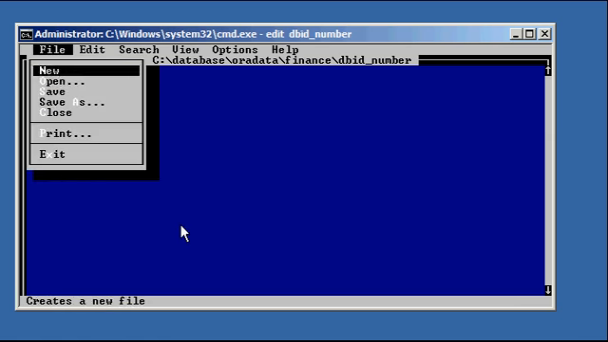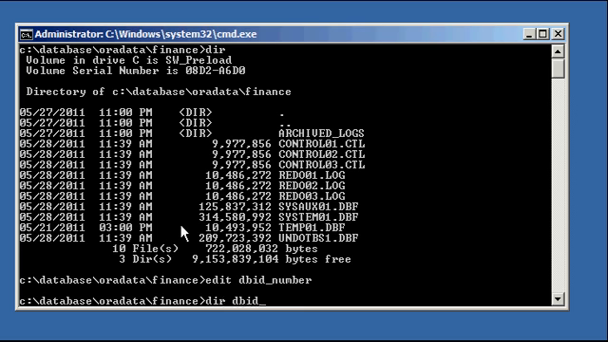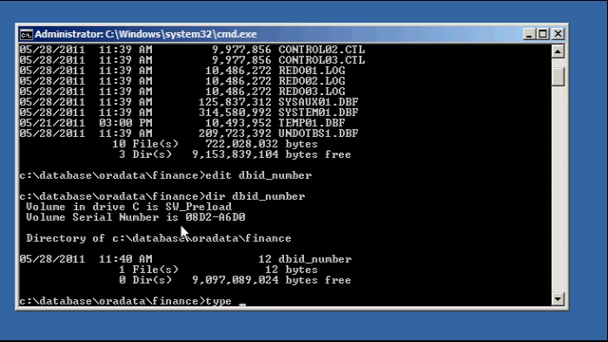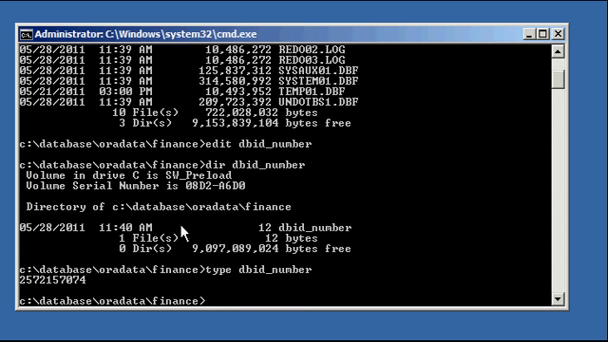There it is. There's the file, and let's view the contents of it. And there's the number. Okay, good. So now, the first thing we need to do to change the DBID is we need to